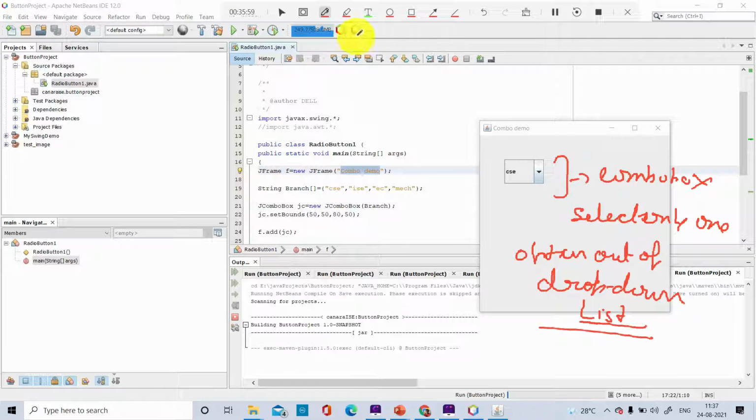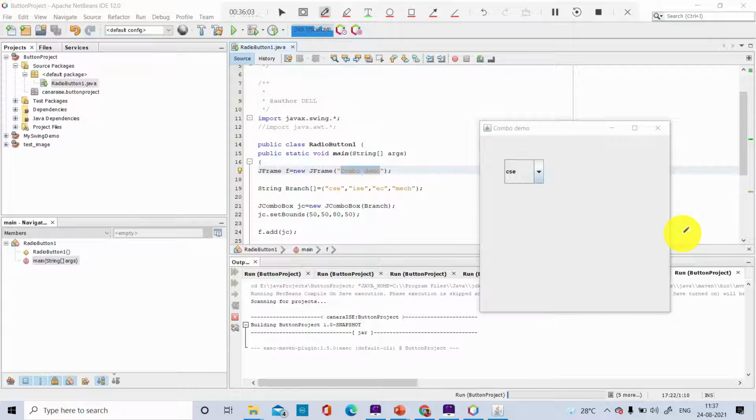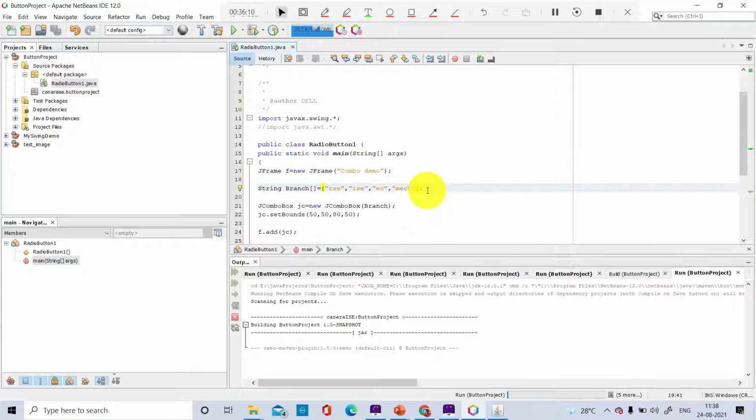Let me say my college is adding a new branch called electrical. What I need to do is simply add this to the branch array. So branch is nothing but an array, students, and this array is added to the combo box.